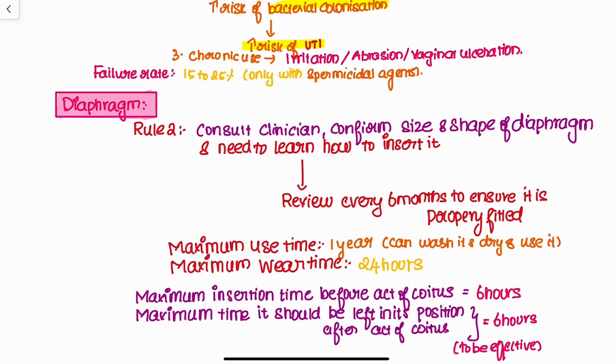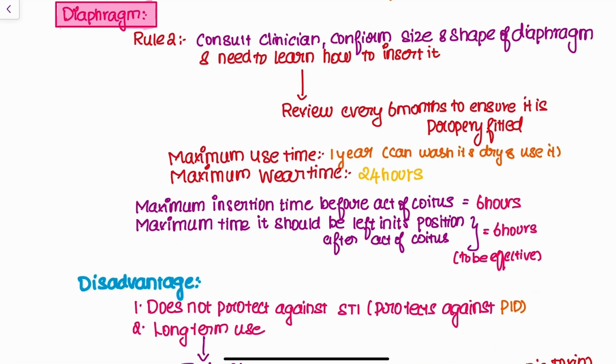That too, very particularly after childbirth, when the uterus is going to involute, and the cervix, which was 10 centimeters dilated during the delivery of the fetus, right? After delivery, it will take some time for the uterus and the cervix to involute to their normal position. So we cannot be very sure that this particular size of diaphragm is going to suit this particular female. Therefore, you need to ascertain the particular size and shape of the diaphragm, and then you need to prescribe it to the intending couple.